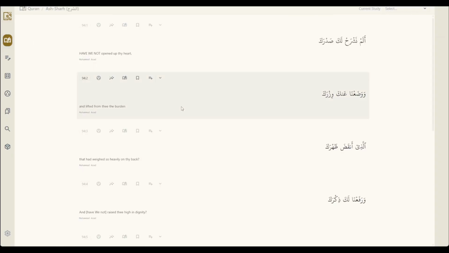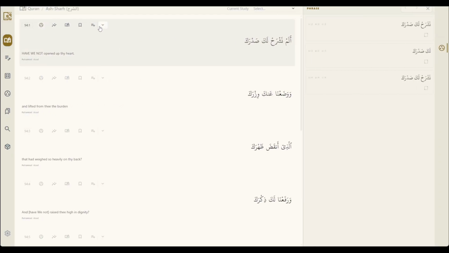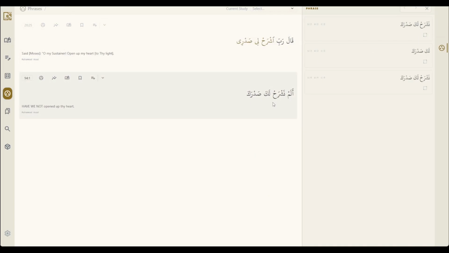So let's say I'm reading Surah Shar and I go to the first ayah. I just want to see the phrases for this ayah. And I do notice here there's a phrase and I wonder if these are related. قال رب اشرح لي صدري ولم نشرح لك صدرك. So I'm just gonna add a quick bookmark here,